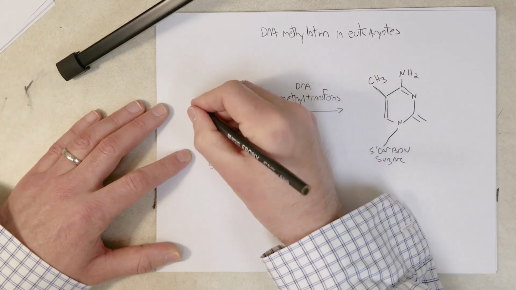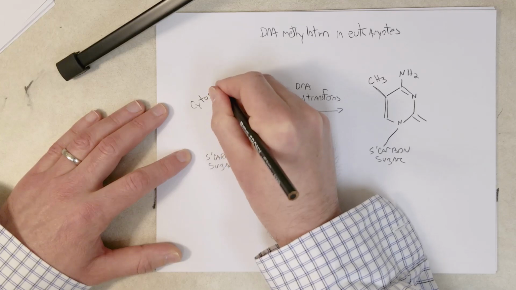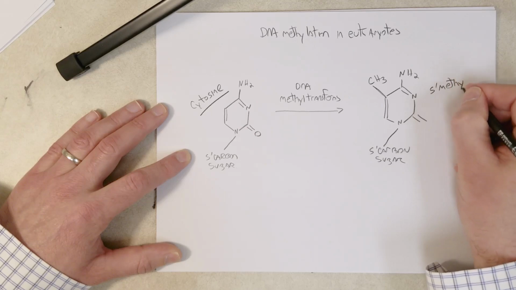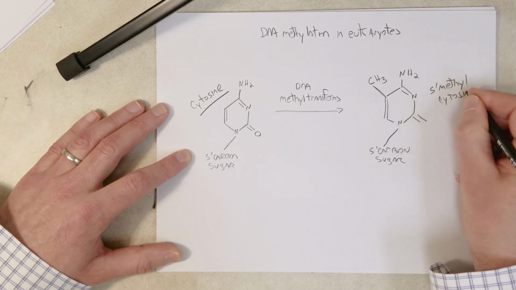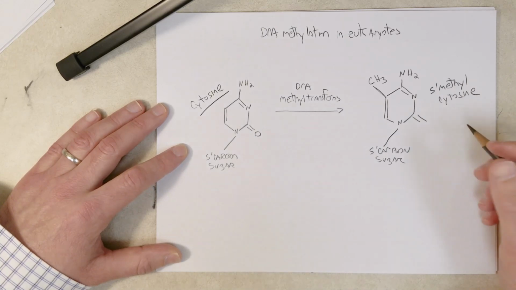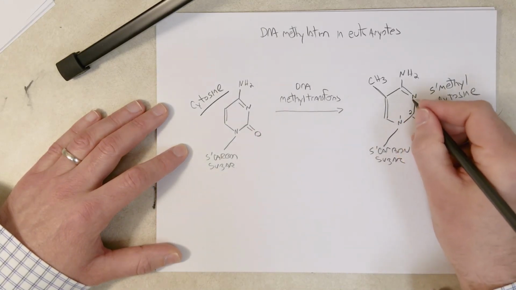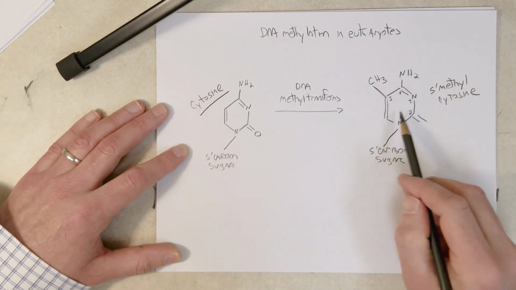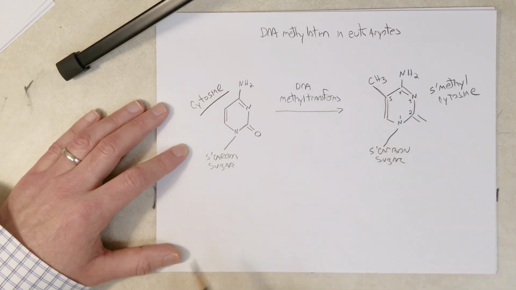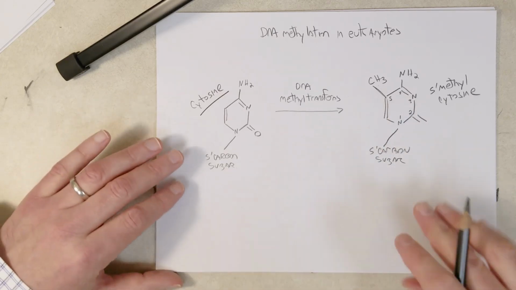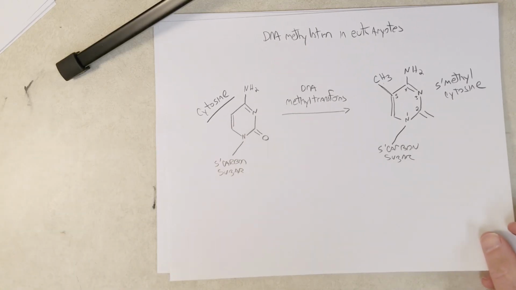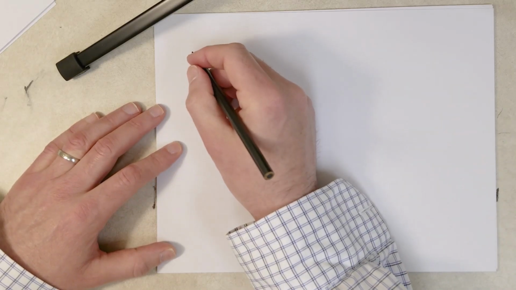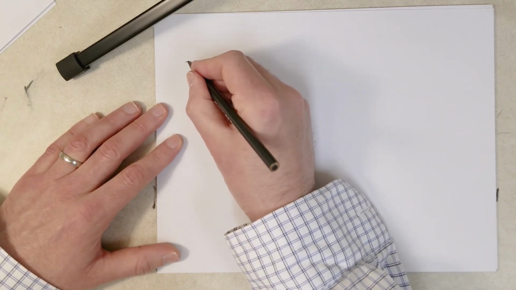If this is cytosine, this right here is 5-methylcytosine, because the numbering goes 1, 2, 3, 4, 5. So the methyl group is on the 5th atom of this molecule, at the 5 position. Now, cytosine is often methylated in eukaryotes when it is part